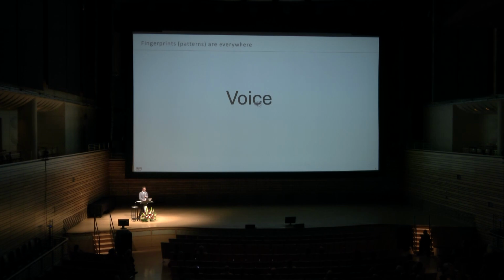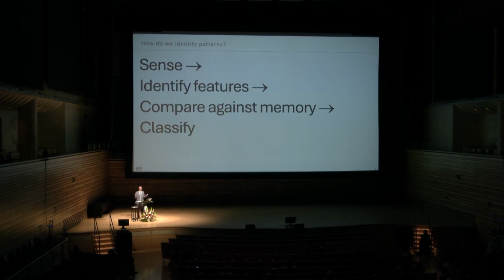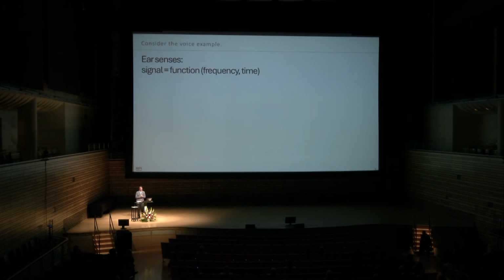How do I get to the next slide now? There we go. So what are you doing in these cases? You're sensing something with your eyes, your ears. You're then identifying features. You're not looking at the specific pixelation in that fingerprint, but you're looking for some kind of curvature or something. Within the voice, you're looking at the rise and fall of the sounds, the spacing of the sounds, the rhythm, and the words. You're then identifying features within those data sets, comparing them against your memory banks, and then classifying the painter, the fingerprint, the speaker.